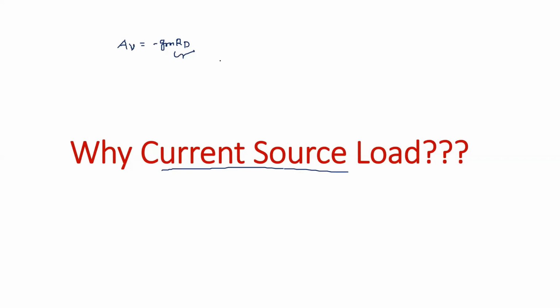So for increasing gain, suppose this is the common source stage, and instead of RD I am using an ideal current source, instead of the current source that I would design using a MOSFET. If we are taking output from here, then what will the gain be? In AC analysis, this will be open, and if it is open, it will offer infinite impedance. So the gain will be nothing but V out by V in equal to